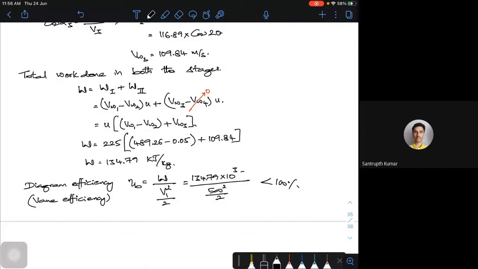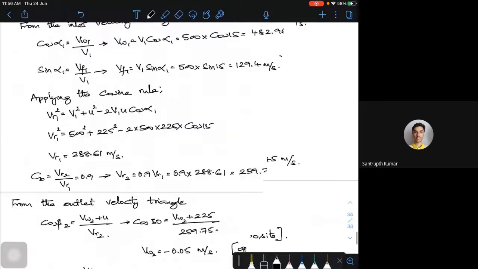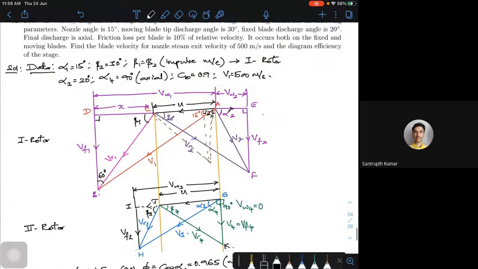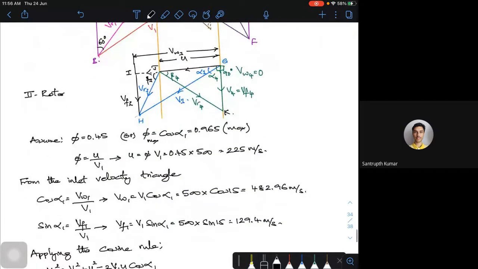That's why I took this particular thing. Open-ended problems will be like this only. Open-ended problems, you have to make some assumptions and you have to solve it. Now the same problem, you try with different numbers for this phi. Phi is equal to 0.6 or 0.7 or whatever. You can go maximum is 0.965. And someone can try for 0.965 and the others can try with any number after 0.5 or 0.6.